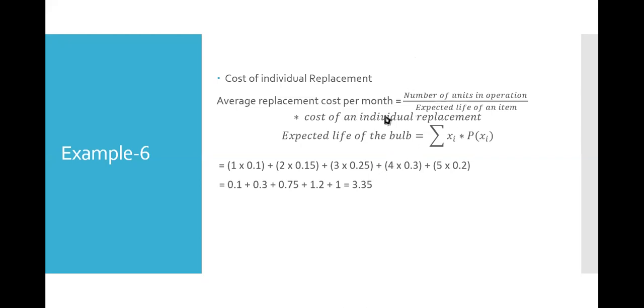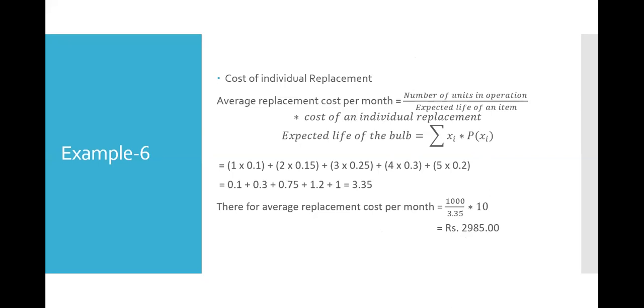Now if we put this value in this, what we have got is 1000 divided by 3.35 into 10, which is 2985 rupees. Yes, Harsh, you are also right. It is 2985 rupees worth. So half of the example has been solved within this slide only, and which tells that if we replace